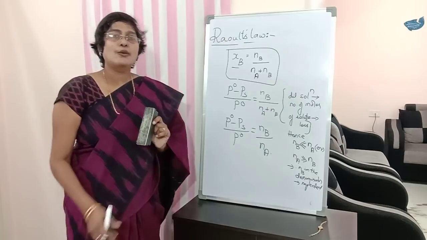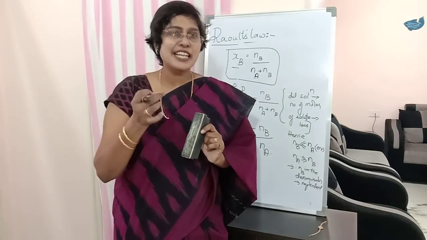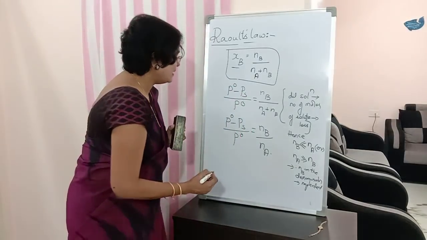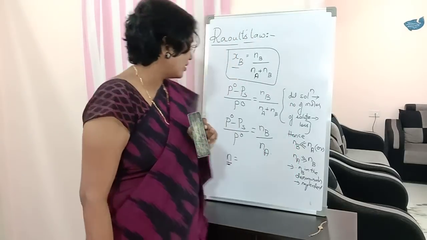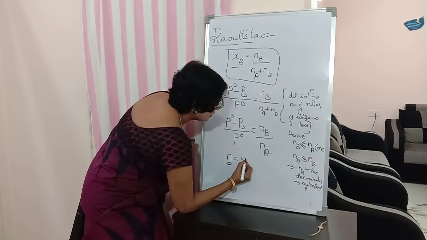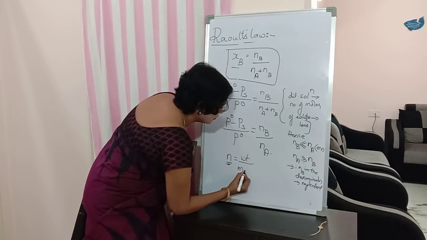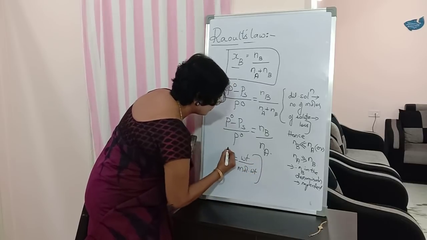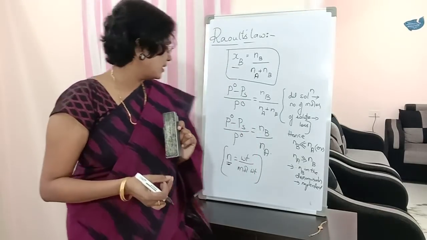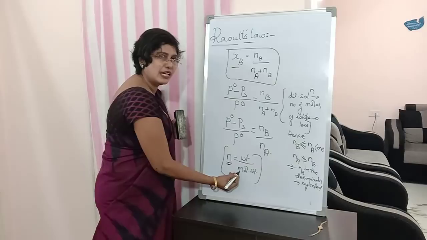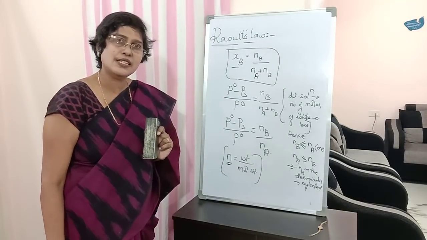Now tell me, how do we calculate or how do we get number of moles? So N is equal to, how do we calculate number of moles? Comment in the comment section. How do we get number of moles, students? N is equal to, written? Very good. So number of moles we get by dividing weight by molecular weight. Okay. So N is equal to, write down its formula, students. W by M, where W is weight and M is molecular weight. Okay, clear, students, till here?